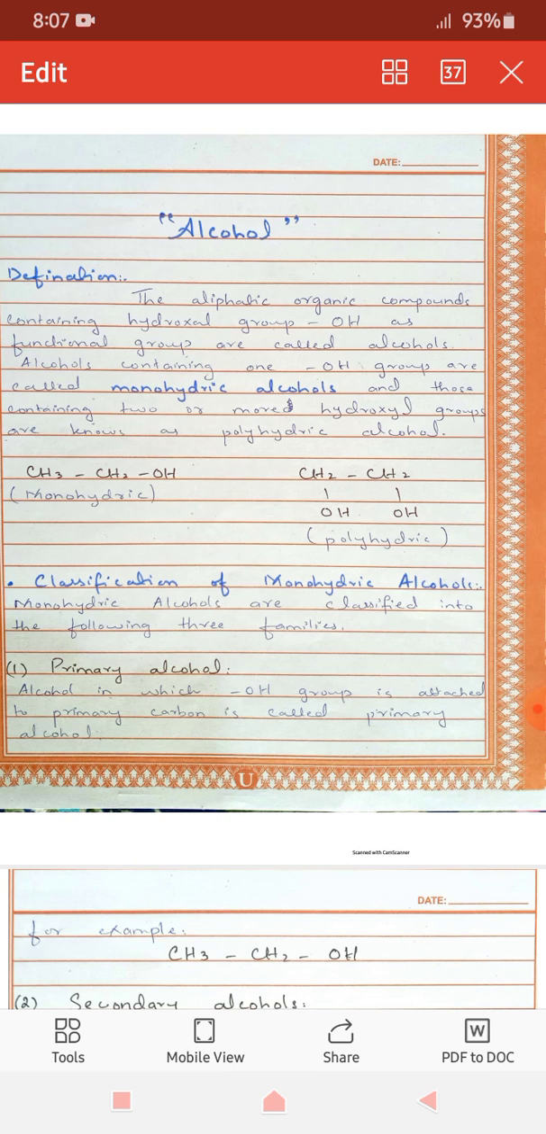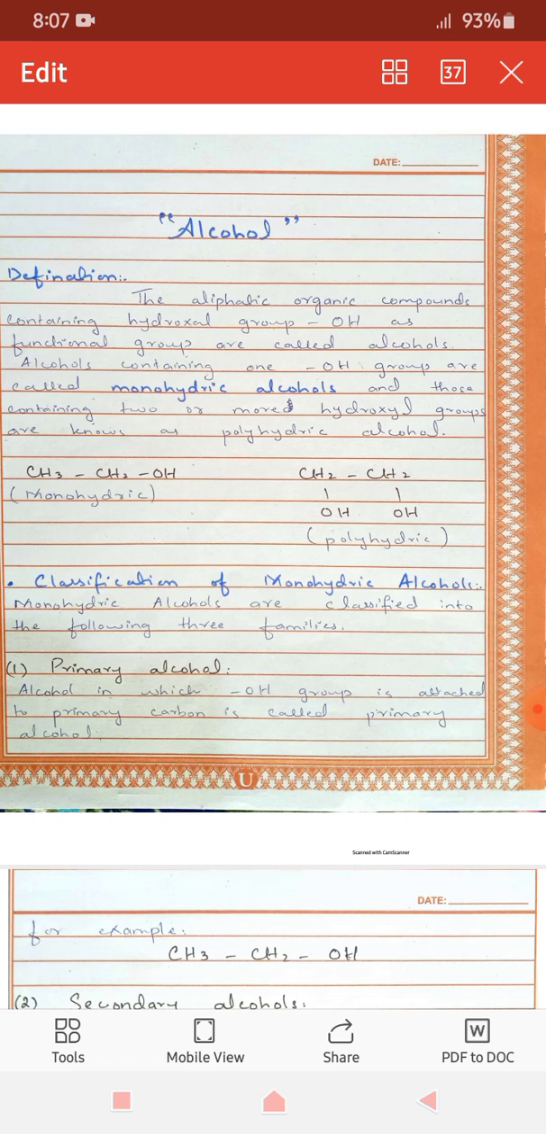My topic of today's presentation is alcohols. Aliphatic organic compounds containing hydroxyl group as functional group are called alcohols. Alcohols containing one hydroxyl group are called monohydric alcohols, and those containing two or more hydroxyl groups are known as